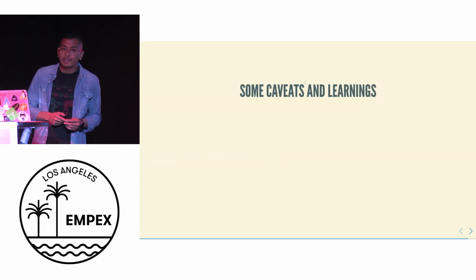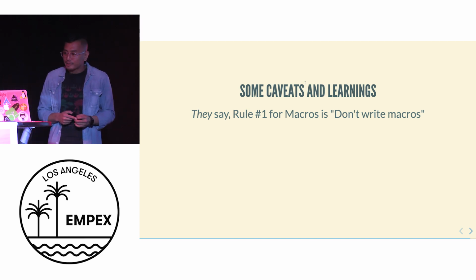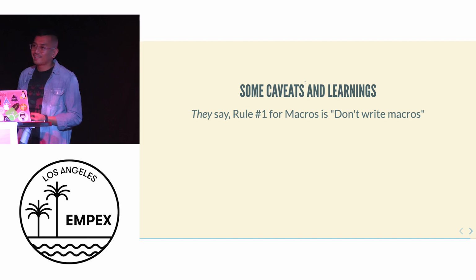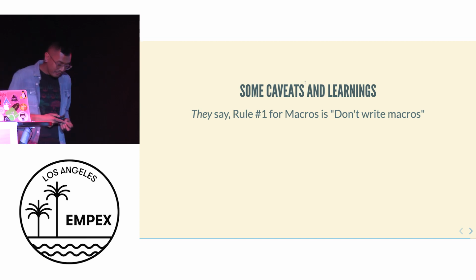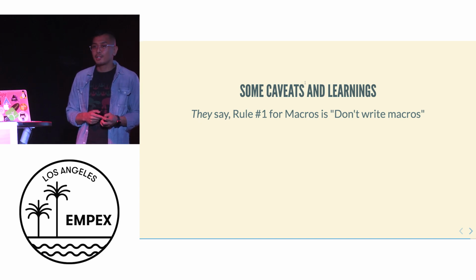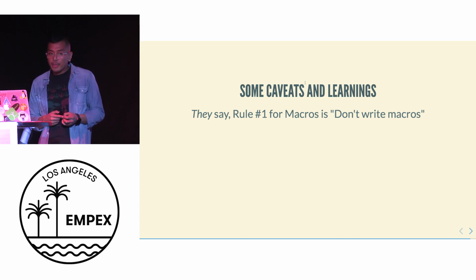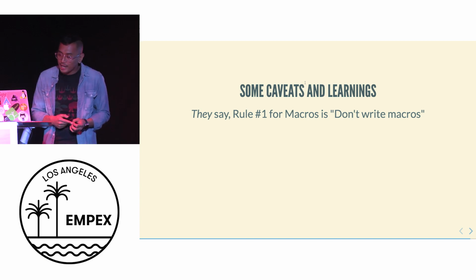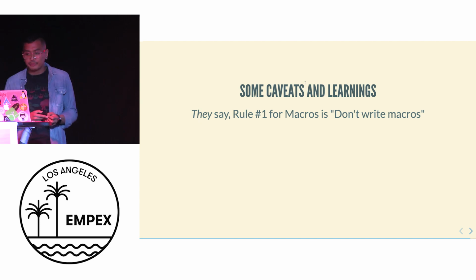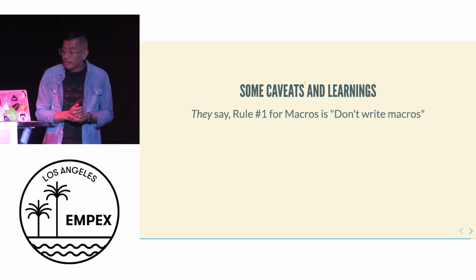So, some caveats and learnings. They say that rule number 1 about macros and metaprogramming is don't write macros. It's a very dangerous subject. I think I would say to tread lightly. There are a lot of fun things that you can do by extending your ecosystem within Elixir for making things easier for other engineers. But with that being said,